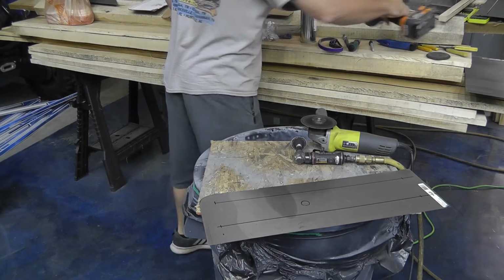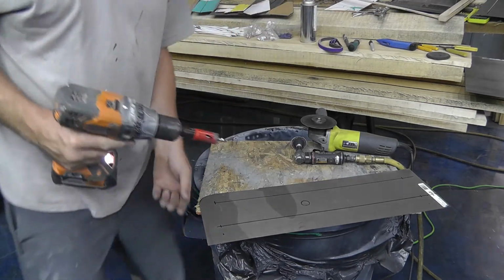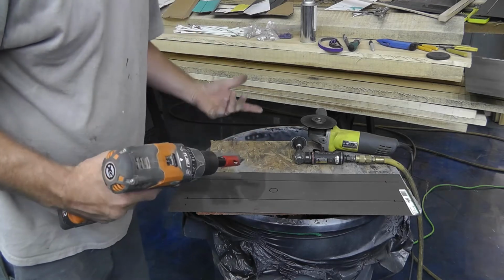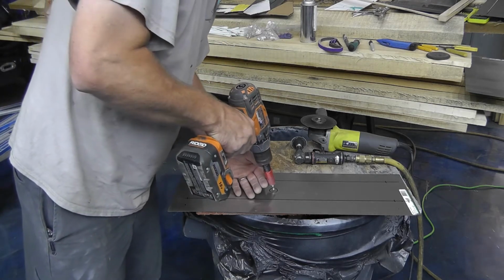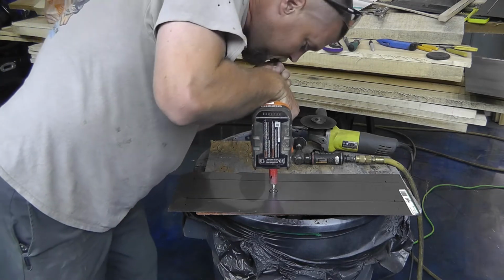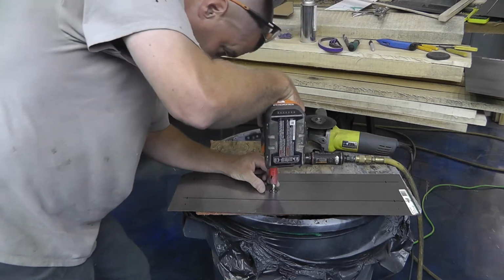Use my trusty Ridgid drill and my hole saw. I'm just gonna drill it straight down into this piece of wood just because I am. So let's see how bad I can miss this hole. Hopefully not at all, but